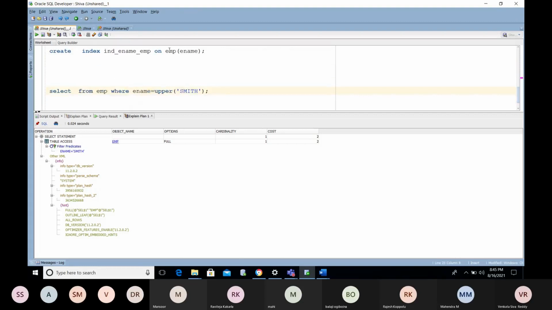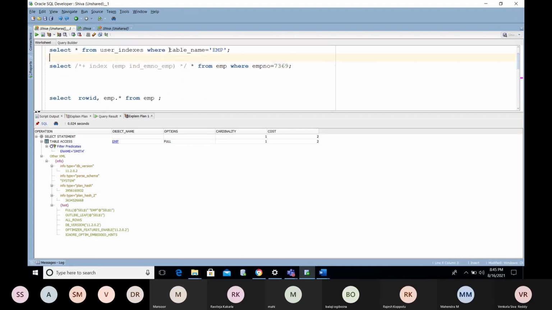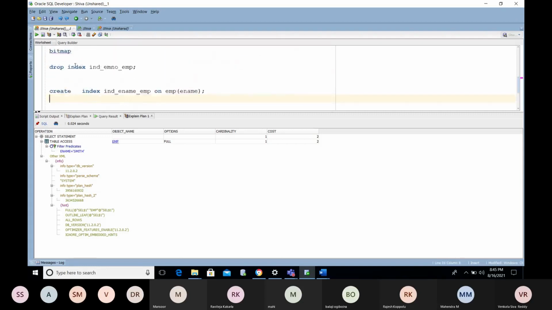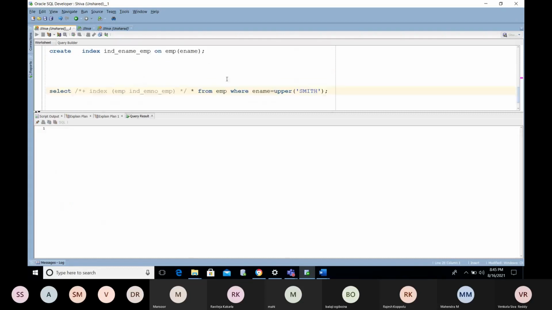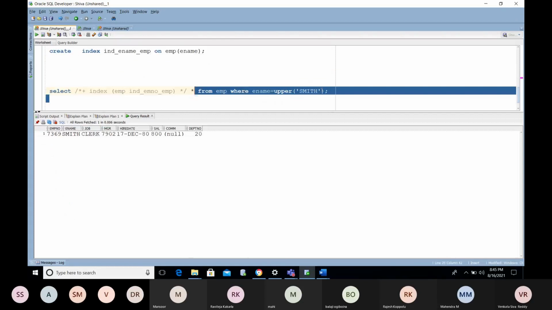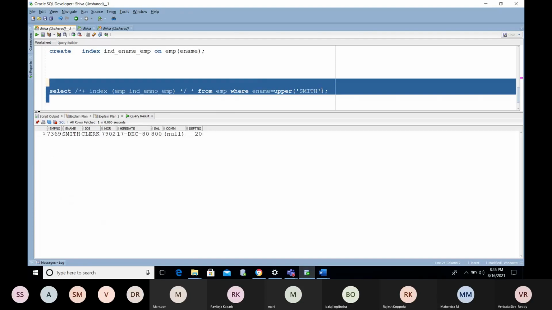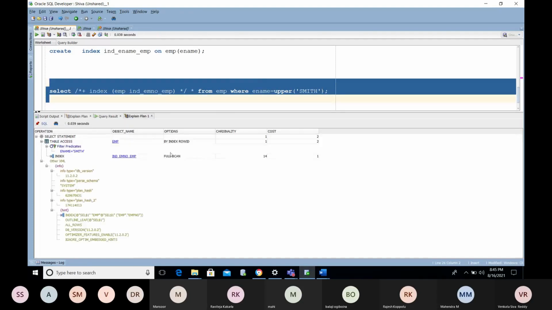Now we are getting the data. It is going for an index by row ID, but it is still searching with a full scan.